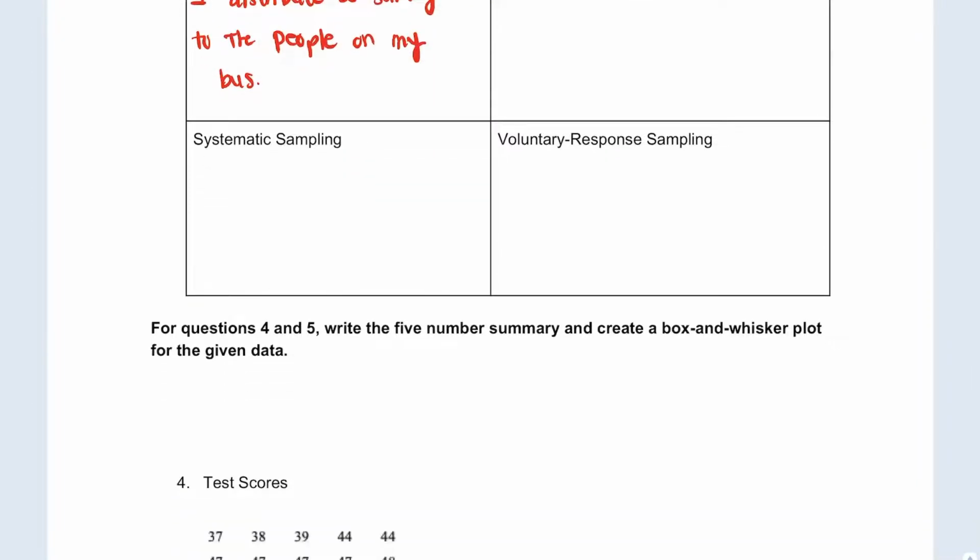Okay, let's take a look at systematic sampling. This one was probably one of the more difficult ones to define. The formal definition of systematic sampling is that, yes, it follows a pattern. The sampling plan follows a pattern, but the very first person that you choose is at random. I know it's kind of strange, but examples that I would take are things like